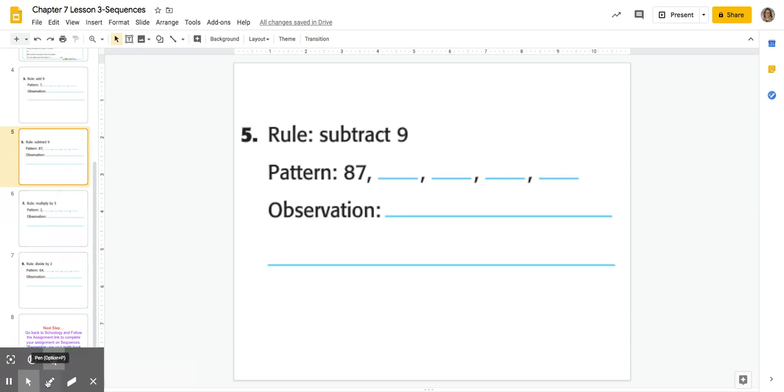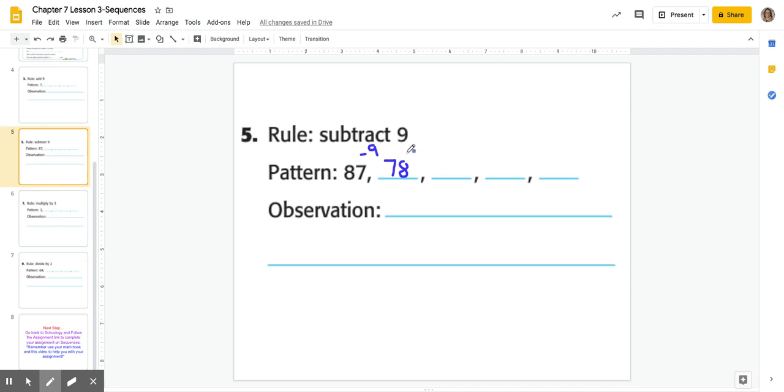This next one, the pattern is subtract 9. So we would do the same thing. We're going to start with 87, and we're going to take 9 away. Make sure if you count on your fingers, you count really carefully. That way you don't get too many. So 87, 86, 85, 84, 83, 82, 81, 80, 79, 78. I want you to pause the video right here, and I want you to finish the next 3 terms